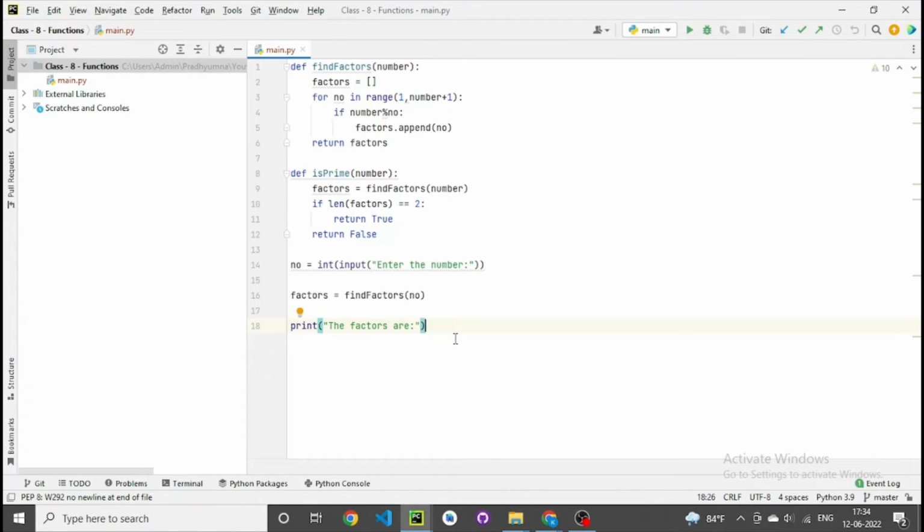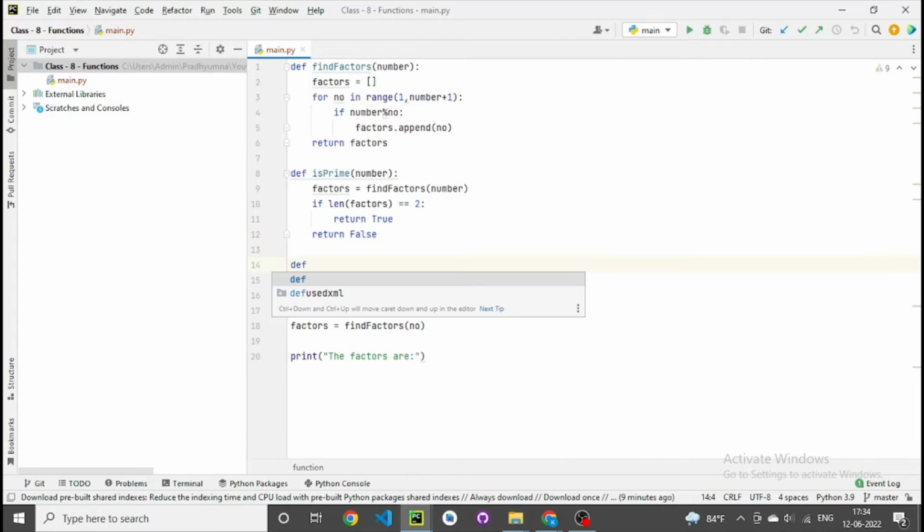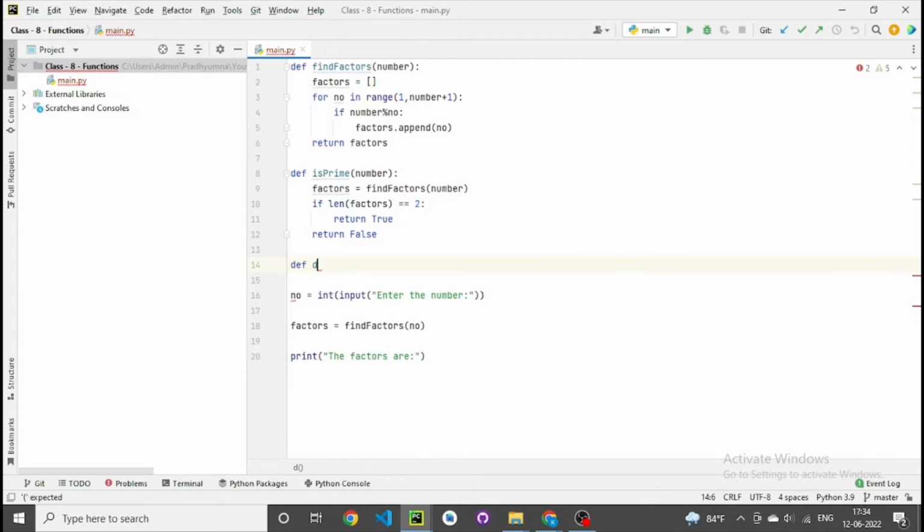Again we had to make a for loop to print the numbers in a list such that you don't have the brackets, so that it looks good. But what if we create another function that displays a list, so that you need not worry about it? So we create def display list. We take whatever is the list,